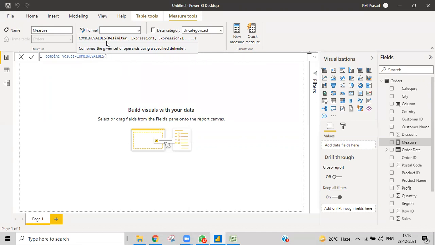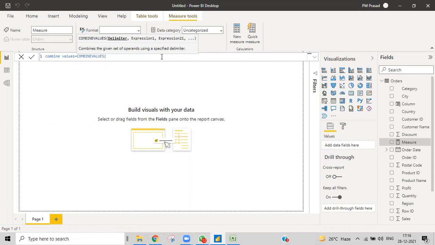And after that, what is the syntax of the function? What you'll get from that function, you will get it over here. This is called IntelliSense. IntelliSense means Power BI itself gives you the guidance on how to write the syntax. That is very easy, so we can write the query easily. We don't need to memorize it, but still it is better to remember things. People sometimes ask what is the syntax of COMBINEVALUES, and you need to tell them. But even if you forget things and don't know what you need to give as input, Power BI IntelliSense will always help you.